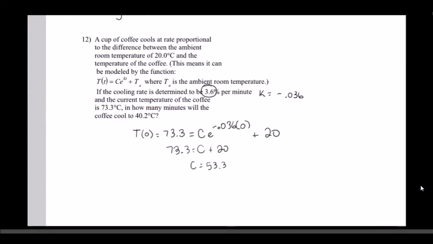Now, in how many minutes will the coffee cool to 40.2? So they're asking in how many minutes. We're solving for time. So that's our future temperature, 40.2 equals 53.3 e to the negative 0.036, and we're going to call this t, and that's the value we're solving for,